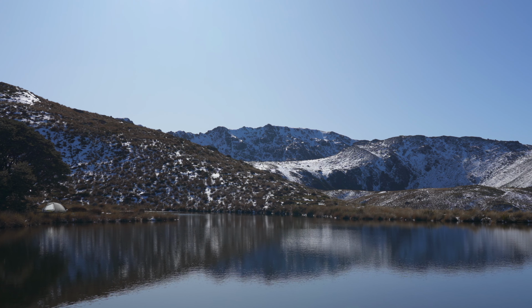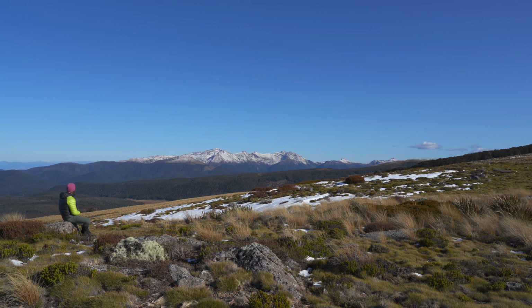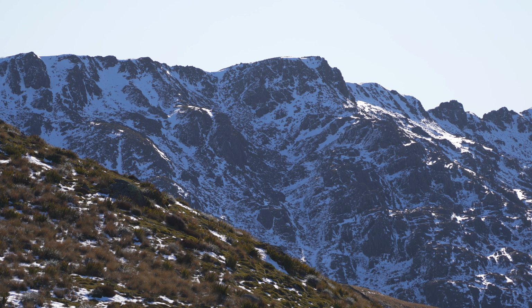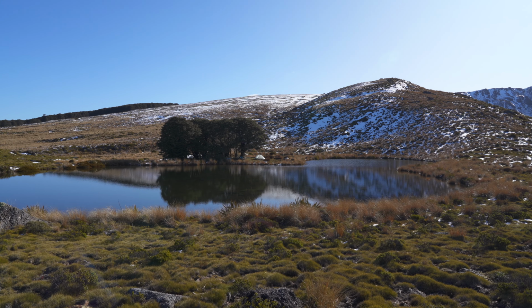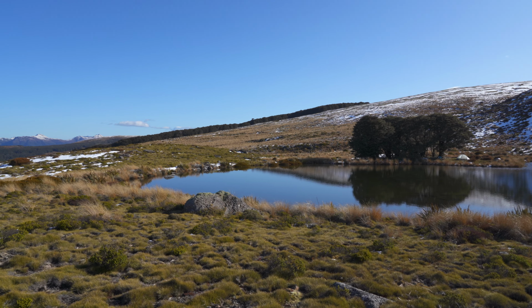It's pretty amazing. It's a pretty incredible spot. You could even pitch your tent right up here for the full cinematic view from the tent site. I hope this gives a good idea of what it's like up here. It should do. The camera's pretty good at capturing these types of things. But yeah, I'm going to head back to the campsite,